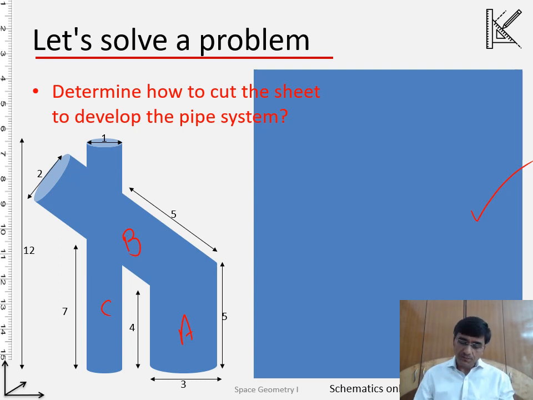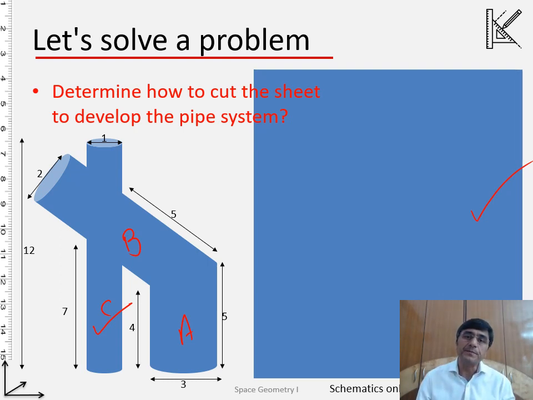What you have to do is cut this sheet into 3 parts. For example, I will give you one example. If I want to make cylinder C, I will cut this sheet in such a way that there is a rectangle whose sides are equal to the height of the cylinder and 2 pi r, the complete perimeter of the cylinder. If I cut a piece like this and fold that rectangle, from that rectangle I can create cylinder C.